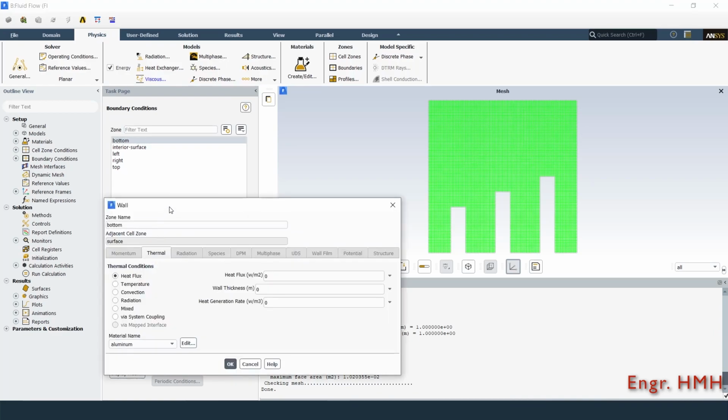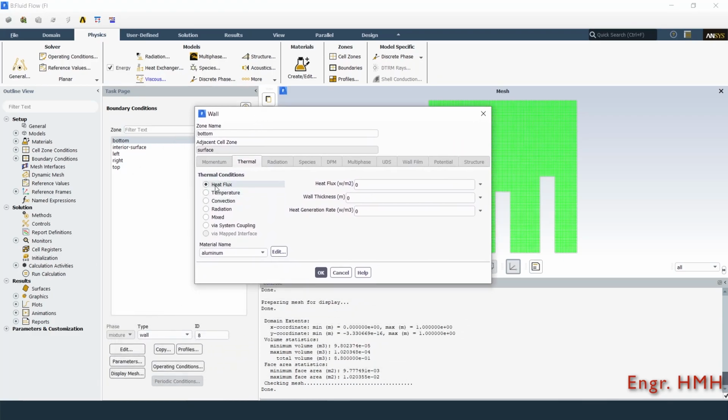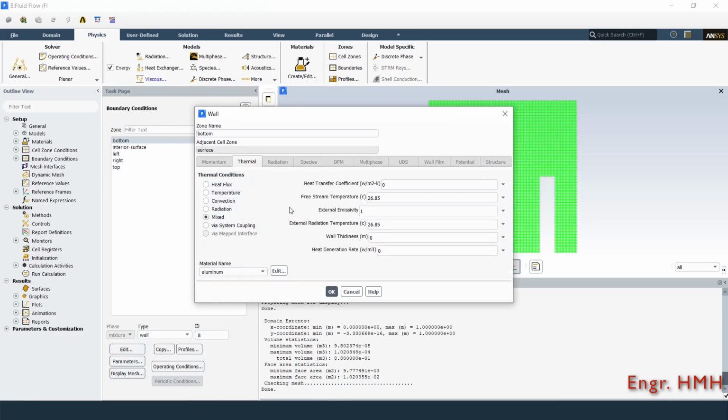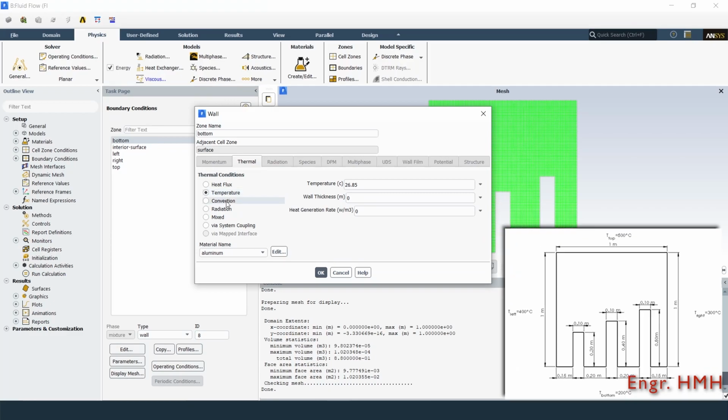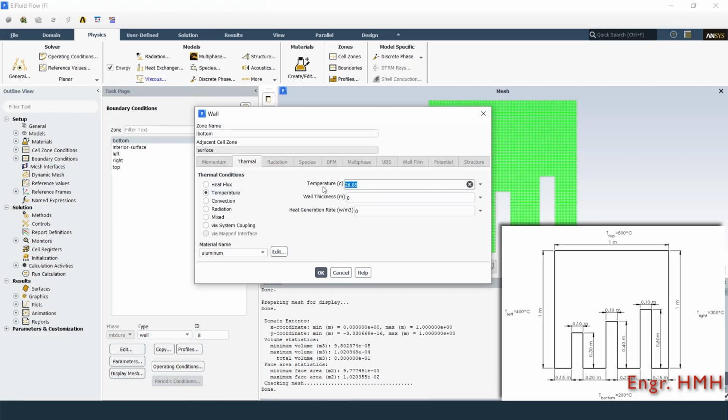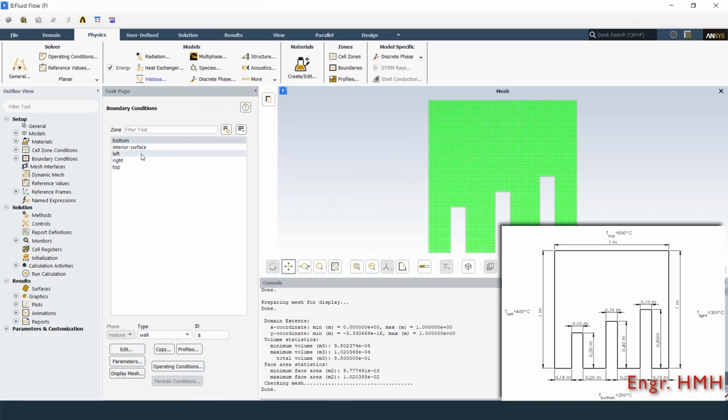Here we have different types of thermal boundary conditions, like mixed, radiation. In this case, temperature is the only required boundary type. Select the temperature and provide a temperature of 200 degrees Celsius and click OK.